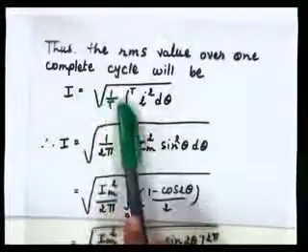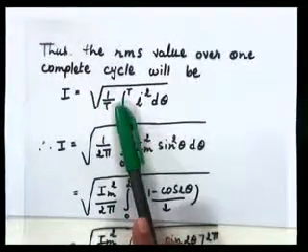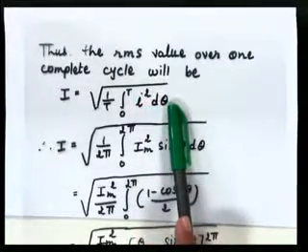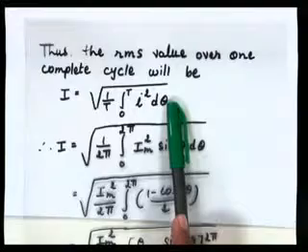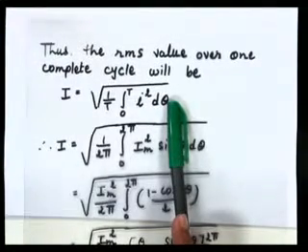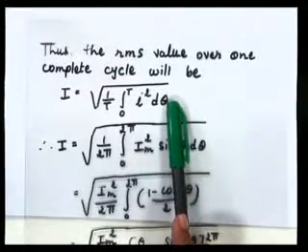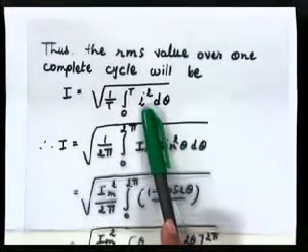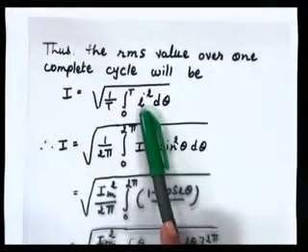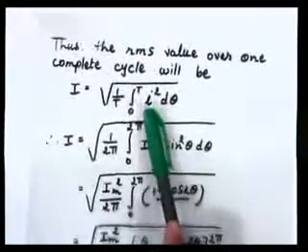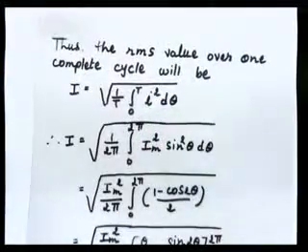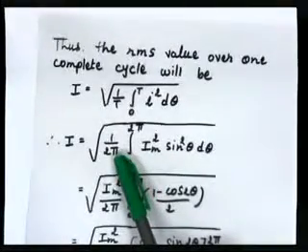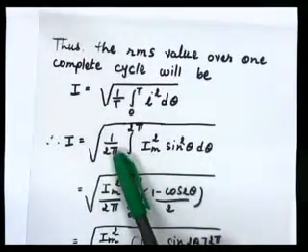So I is equal to under root of 1 by T, T is your time period, integration 0 to T i square d theta. As we discussed earlier, in RMS value we have to consider the amount of heat produced by AC, which is equal to the amount of heat produced by DC. The amount of heat is always proportional to i square. So we integrate this equation for i square. Now the equation for i is Im sin theta, so you can rewrite this equation like this. Our time period is 2 pi. Our waveform starts from 0 value and ends at 2 pi.